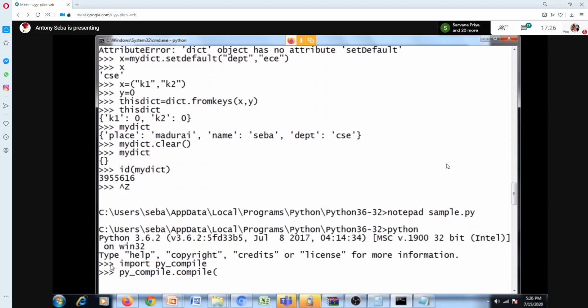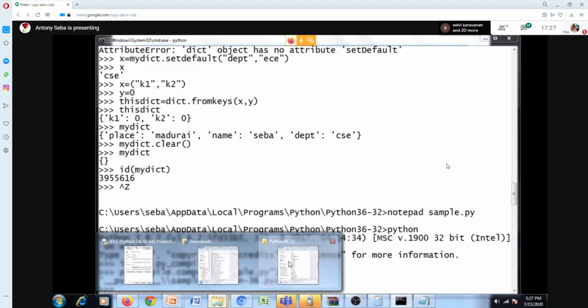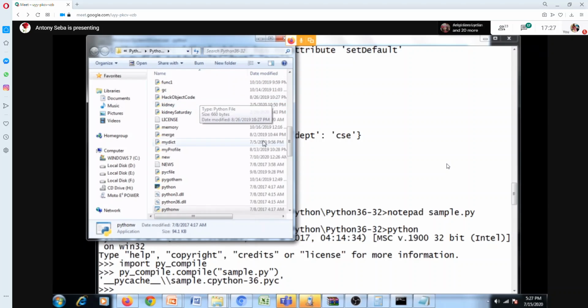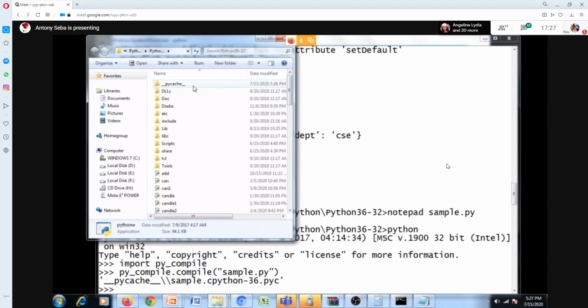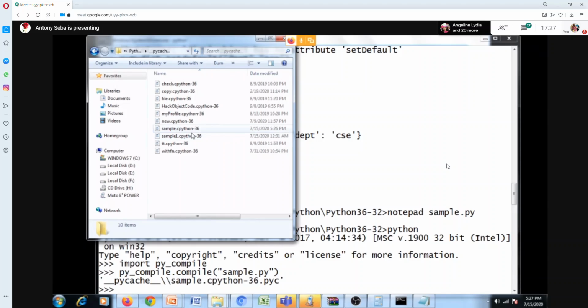PyCompile dot invoke the compile method by passing sample.py as argument. Yes, now it says that your Python code file, your object code file is available in the PyCache folder. Let me go to the PyCache folder and show you. So this is my PyCache folder, and